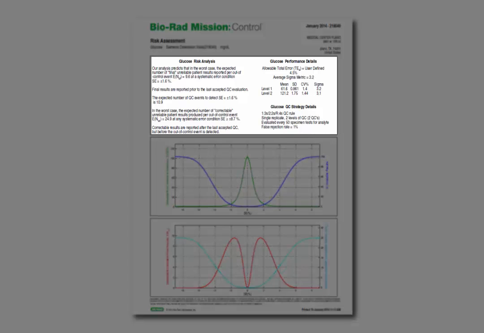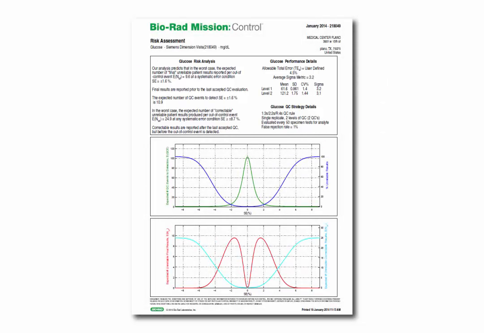So how can the risk assessment report summary help you? You'll need to balance the degree of risk of producing and reporting unreliable patient results versus the resources that you are willing to expend to prevent final unreliable results and recover from correctable unreliable results. If there is an imbalance, you'll need to take action to alter your QC process.